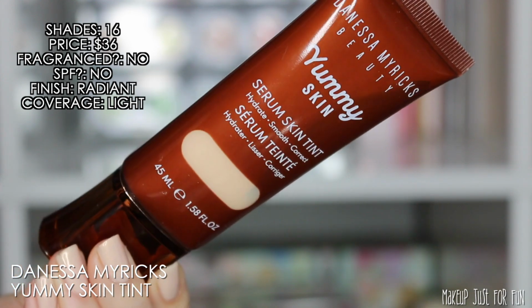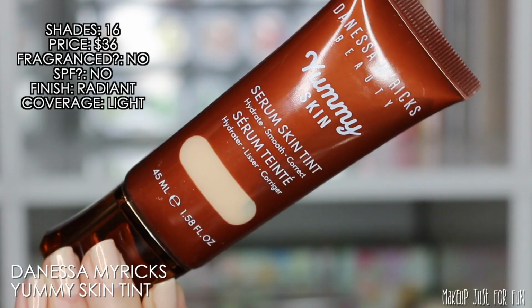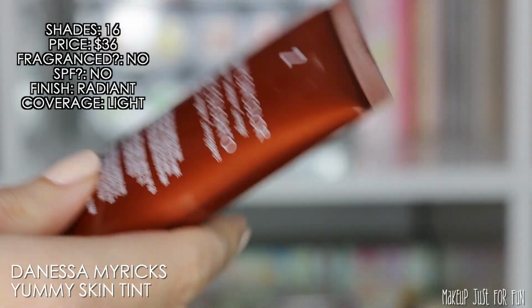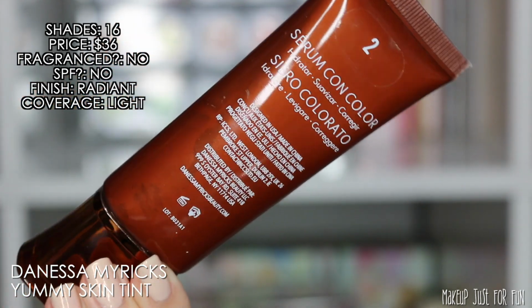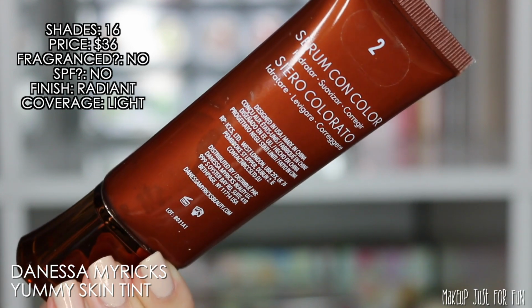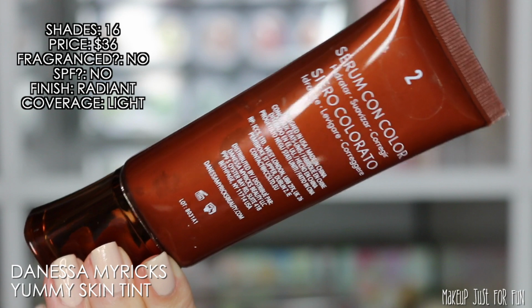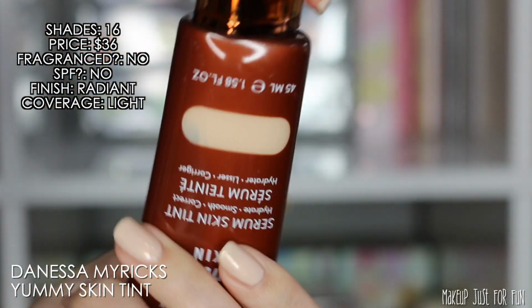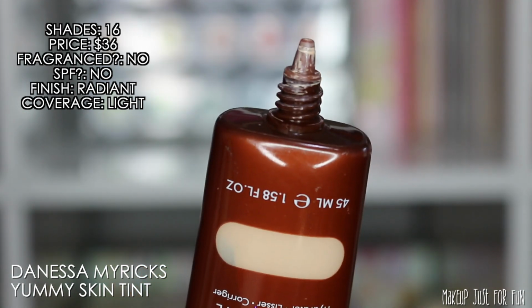There is one single foundation that I disagree with the information that's given on the actual brand site. You'll see that one later. They call it full coverage. I think that it's more medium coverage. Certainly it is buildable, but I just feel like that's the only one that's not necessarily representative. So I took a little bit of my own leeway there, but hey, this is my video, so that's just